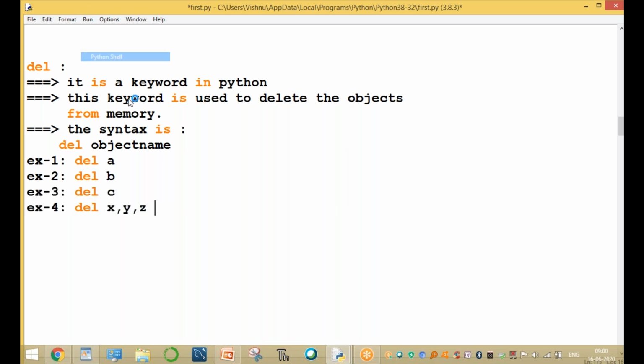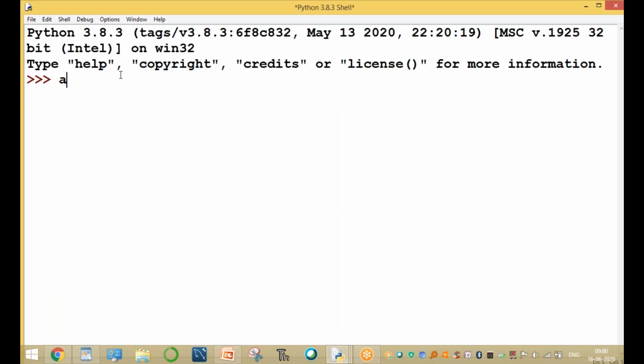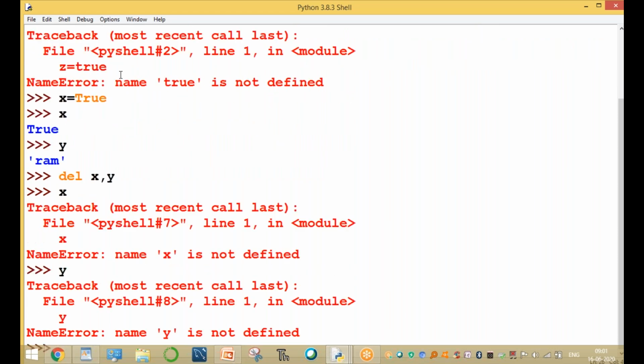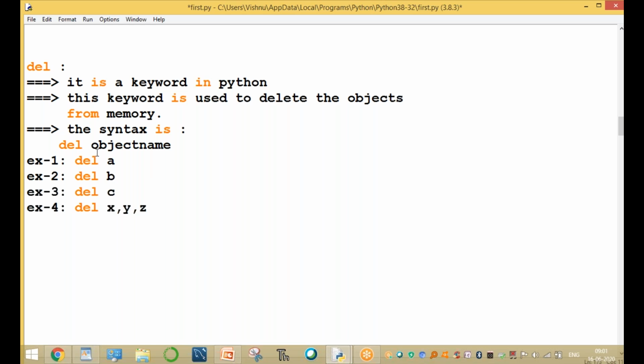For example, x = 5, y = "Ram", z = True, with capital T. Print the x value, y value. If you delete x, y, then x is deleted, no value, and y is also deleted. The object is deleted from the memory.